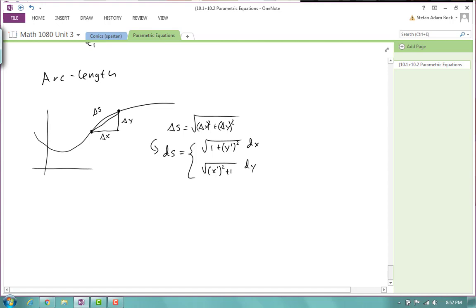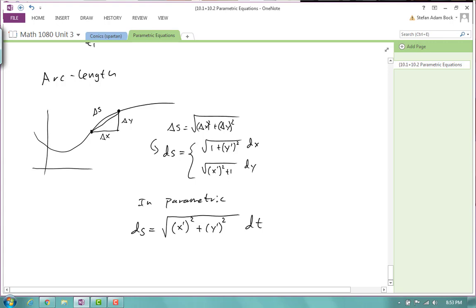But what I'm going to do is translate that into parametric, where the x primes and the y primes just kind of stayed there, but they're both now functions of t. So for the same reason that this ds was created in parametric, we're going to use ds equal to the square root of x prime squared plus y prime squared